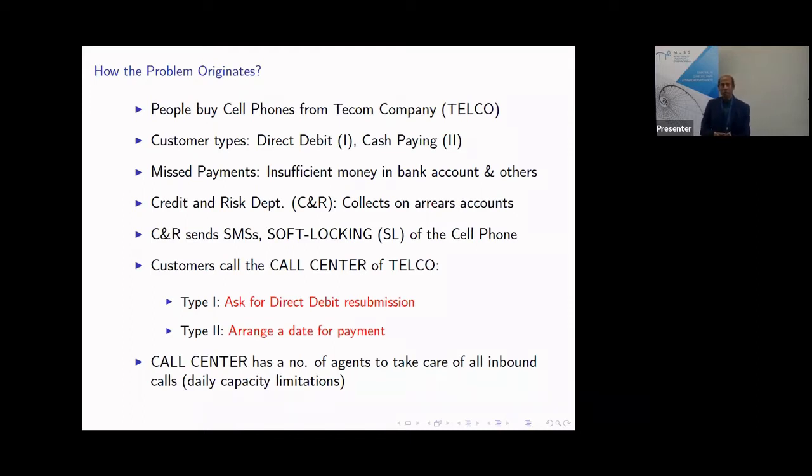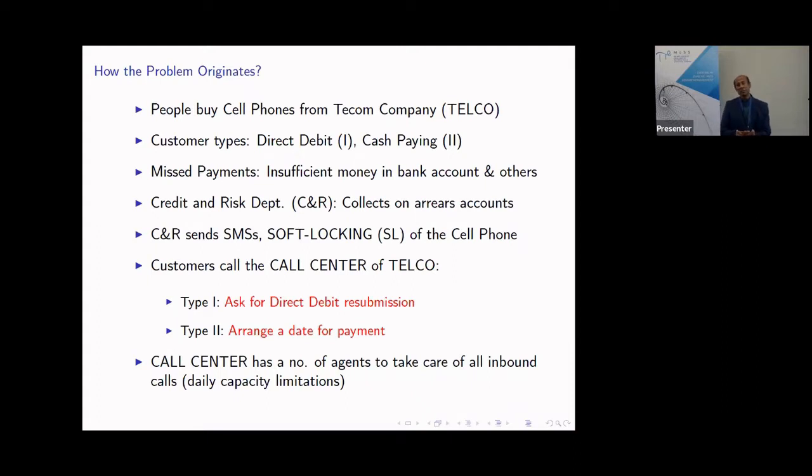So there are two kinds of customer, and then for various reasons, maybe not enough funds in the bank account, or many other reasons, because we are talking about several millions of customers, and there are very many reasons that they fail to make payment. And then once they fail to make payment, there is a wonderful piece of equipment they have. They call it some component that they use, software related, like computer related. I think that I will mention it.